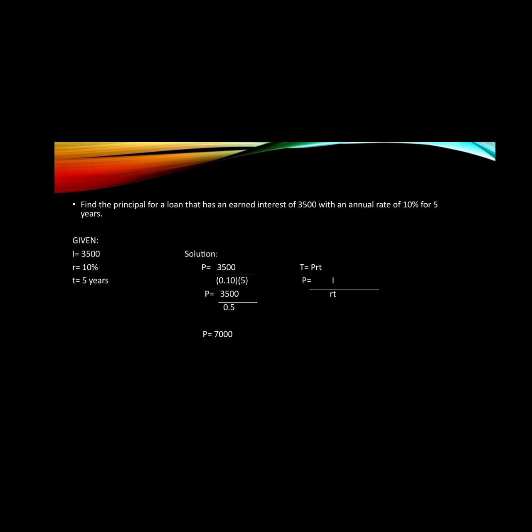Next problem is: find the principal for a loan that has an earned interest of 3,500 with an annual rate of 10% for 5 years. So given: interest is 3,500, the rate is 10%, and the time is 5 years. So the solution is